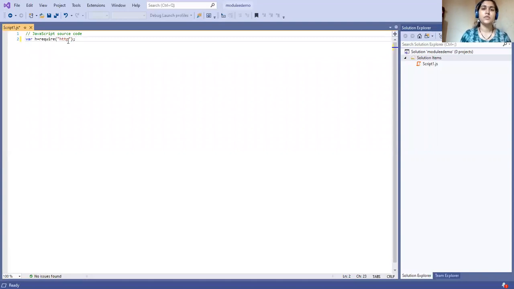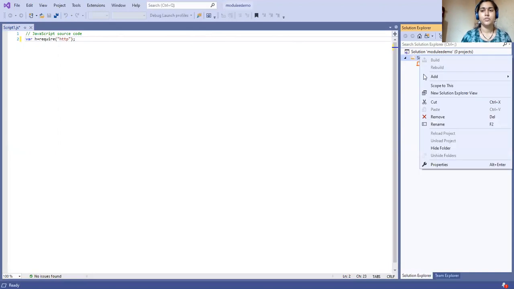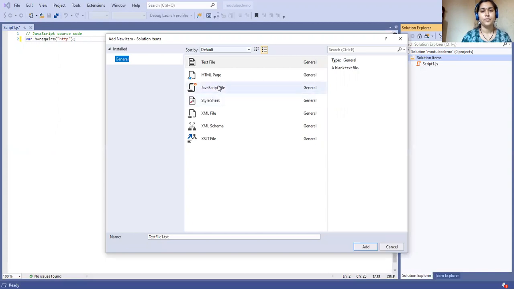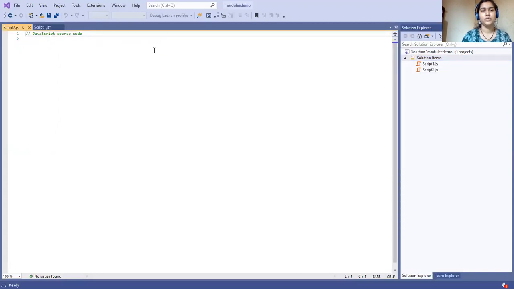So now next is the local module. You have to create your program as a module. So how to do so? We learn it. Basically, we need two files. One file is for exporting or passing the object, and the second file is for importing it by using the require statement. So now let us consider I'm going to create another JavaScript file by using the same add, then new item, and one JavaScript I'm going to create.